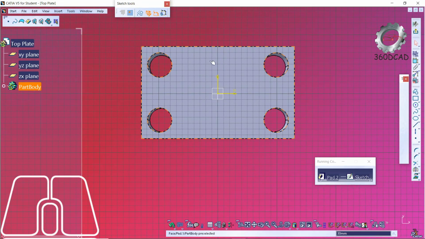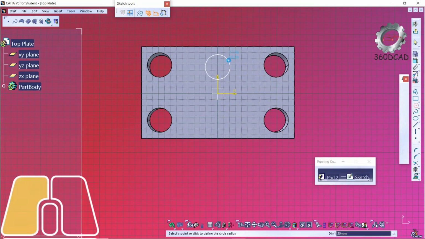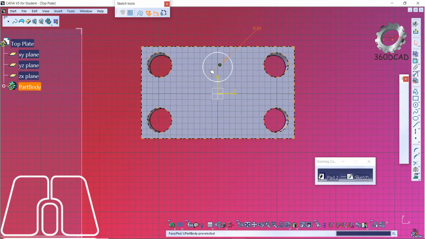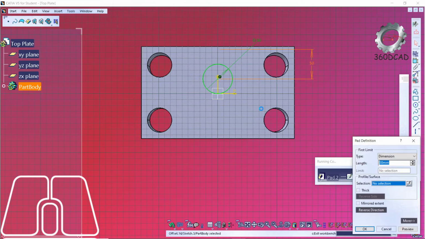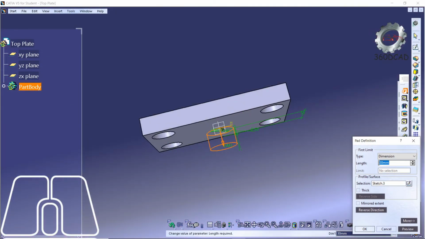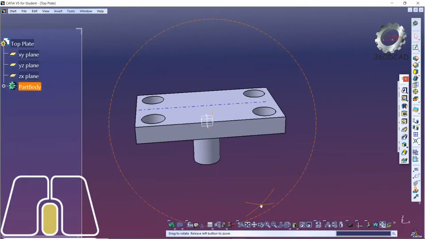Now here we have to create that particular circle, so draw a circle, it is symmetrical on both sides. Provide the dimension as 50, and it is already at the center position, so we just have to give the total distance of 50 from the top surface. So go to the dimension and put the dimension as 50, then exit this particular view, and it is going in the downward direction by the length 90. Check the preview, click on OK. So this part has been generated.